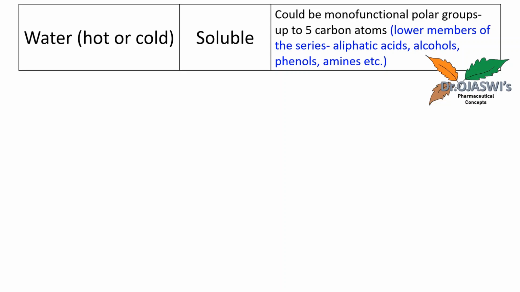Whenever we start with solubility test, in a test tube, a little amount of water is taken, just 2 to 3 ml. Put your compound into it, shake it well and observe. If it is not soluble, you can directly heat it on the flame, just for a few seconds. If it gets soluble, then we can consider that the compound is soluble in water, and it could be from the lower members of the acids, alcohols, phenols or amines.